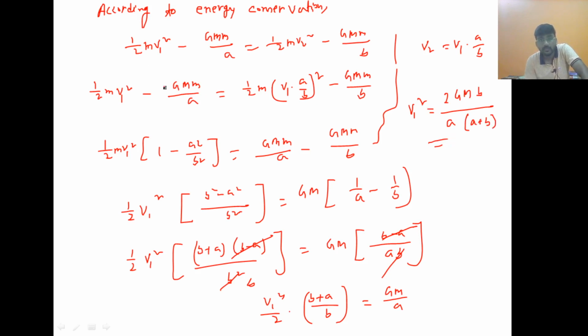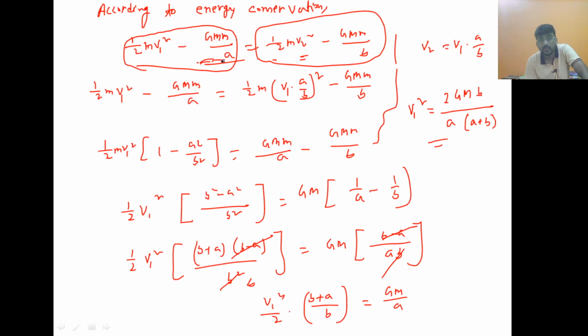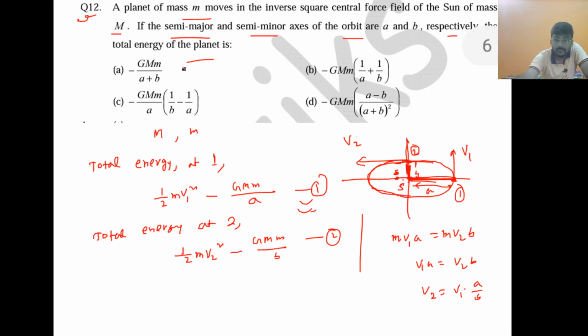Now if we put this v1 square in this energy E1 or in this energy E2, these two energies are equal actually. This is E1 and this is E2, so this will be equal. So if we find out this, then that will also be equal to this energy. So as we have found V1, let me substitute V1 here. So we will get the energy. Okay, so let me do it over here. So we will get